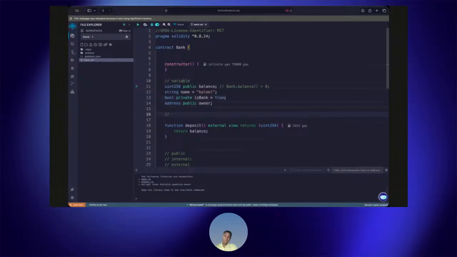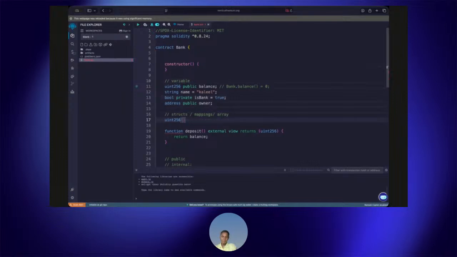Then we go to the other tabs we have, which are structs, mappings, and array declarations. In order to declare an array, you can just write a public list 1 to 3. So this is an array, and you can see the number of items in this array, which is 3 items. And this is how you declare an array.